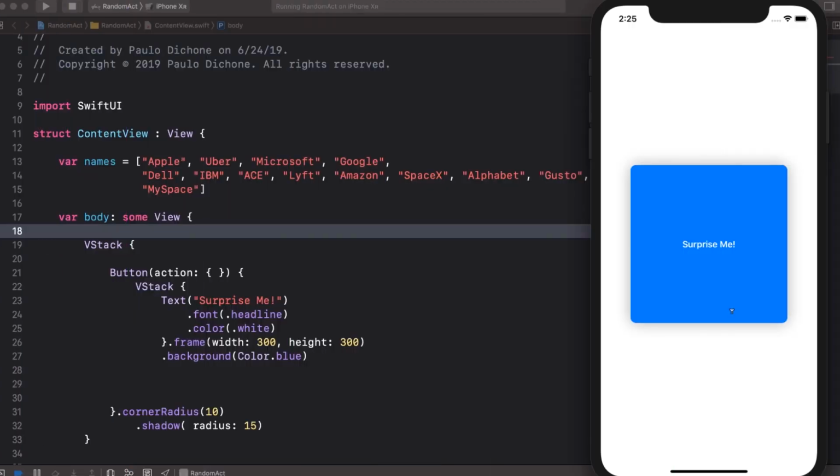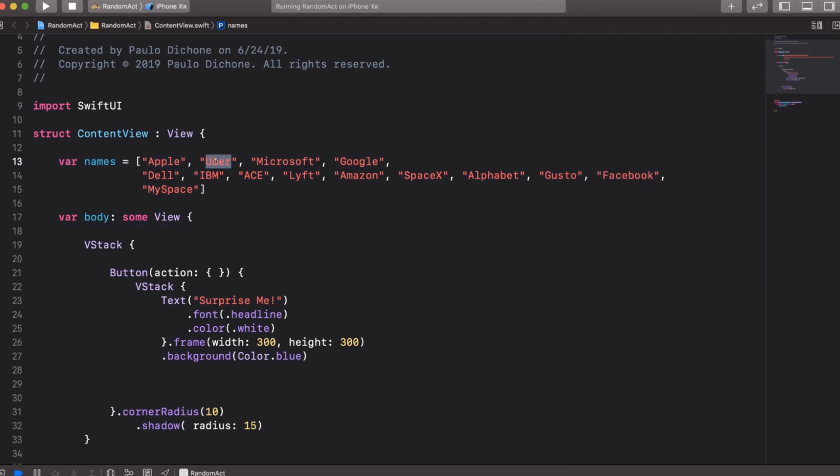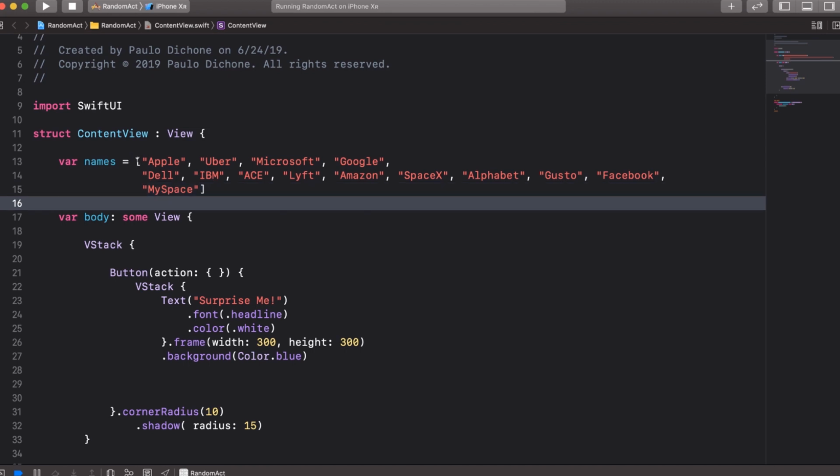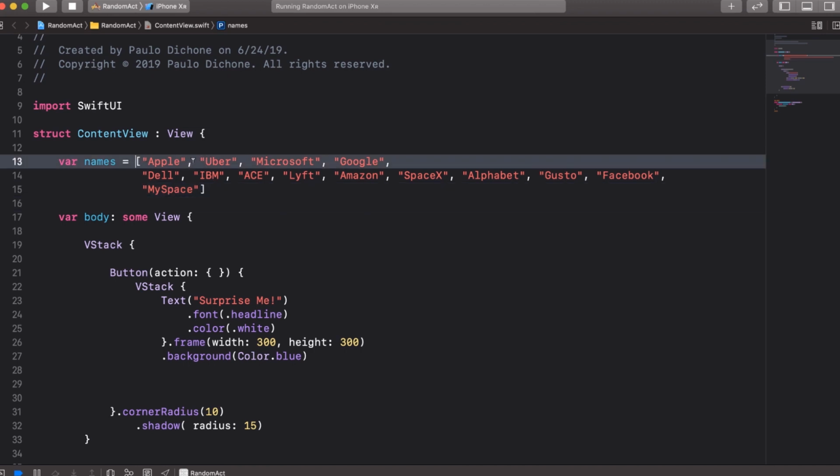Now, because I have superpowers, all of a sudden you may notice that I have this variable here that contains an array containing all of these names here, right? So we have Apple, Uber. So these are essentially the big tech companies that have been around, some of them for a long time, others for just a few years here and there, okay? So I just put it all together here, so you didn't have to watch me write them all like that. So this is indeed an array because we have everything inside of square brackets and everything is delimited by a comma. Okay, so it's a structure that allows us to put a lot of data inside that